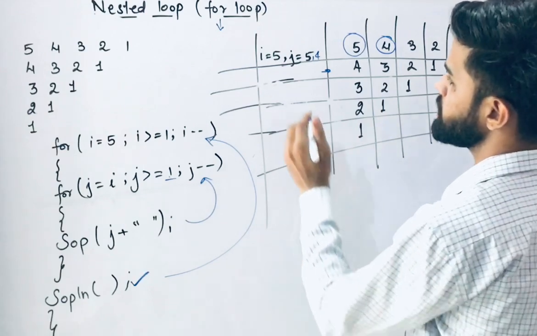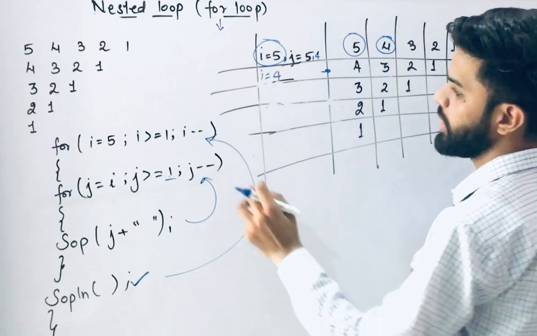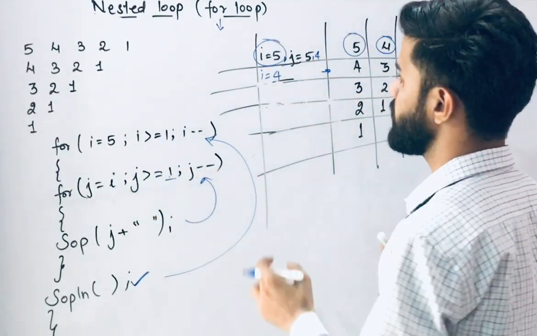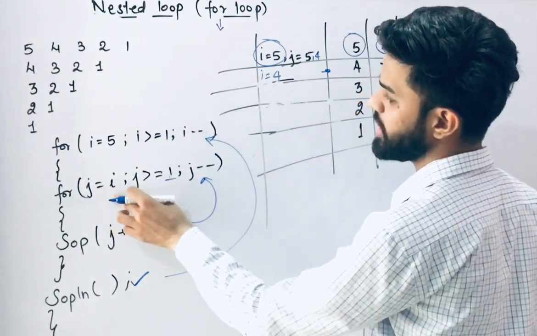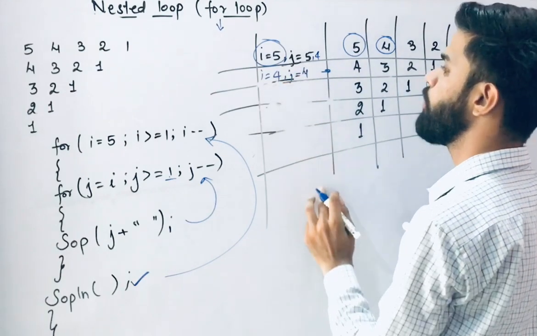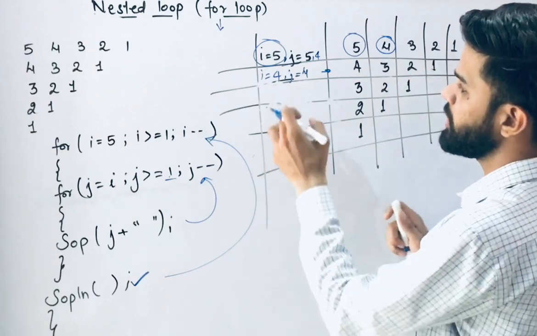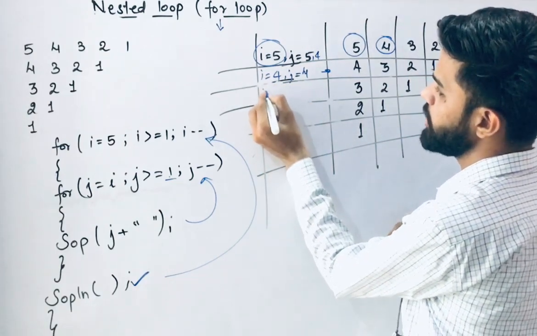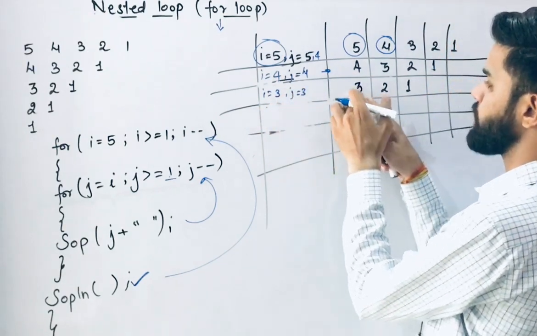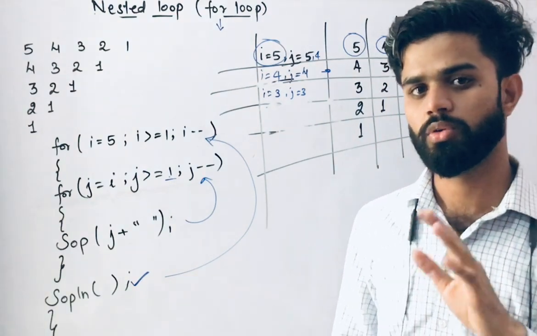Now I minus minus. So in the beginning of the program I equals 5. Now I equals 4. And what we see? 4 is greater than or equal to 1. Condition is true. Then it comes here and j equals I. Now at this time the value of I is 4. Now again it starts printing from 4 to 1. In the next round of the loop, I decrements once more and the new value of I is 3. And then j equals 3 and it prints from 3 to 1. Clear class? I thought you all are getting my point.